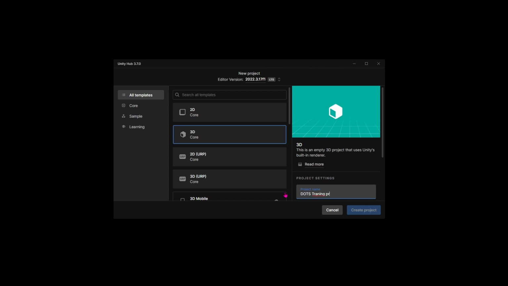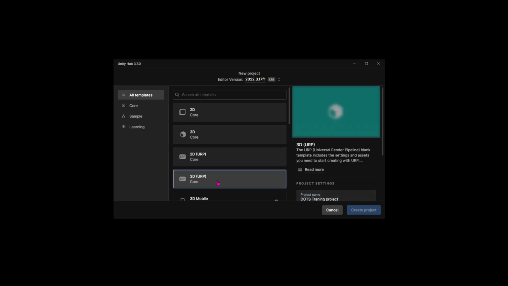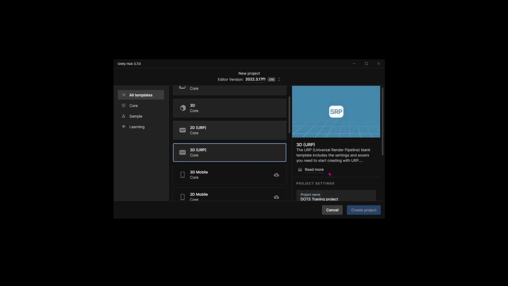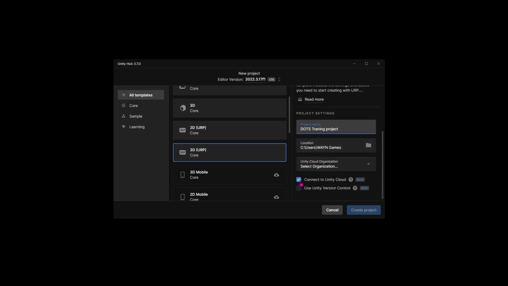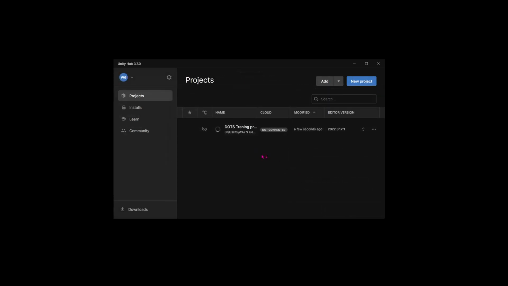And I will be creating a DOTS training project. Let's call it like that. I will be using the 3D URP core rendering pipeline and template. I'm not connecting to Unity. And yes, WinGames. Create the project.